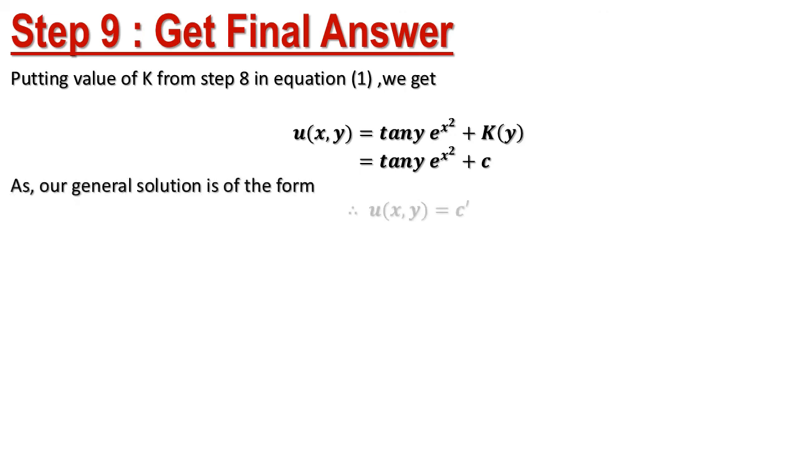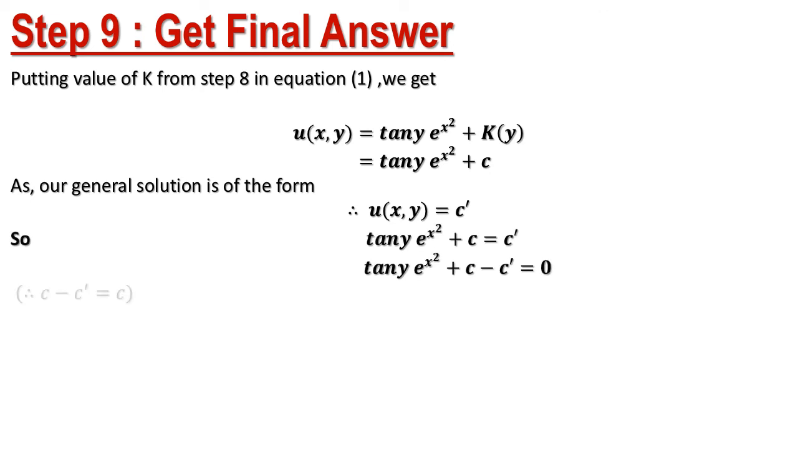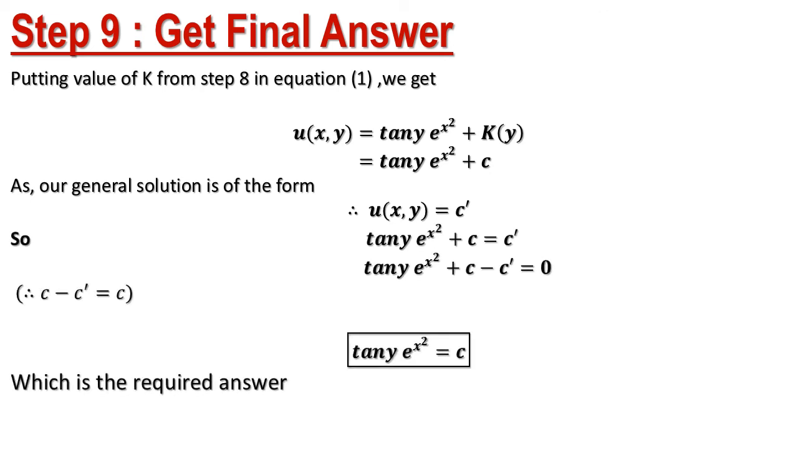This is the final step of our method. Here, we put the value of k obtained from the previous step in equation 1. As explained in the beginning, our solution is of the form u of x, y equals